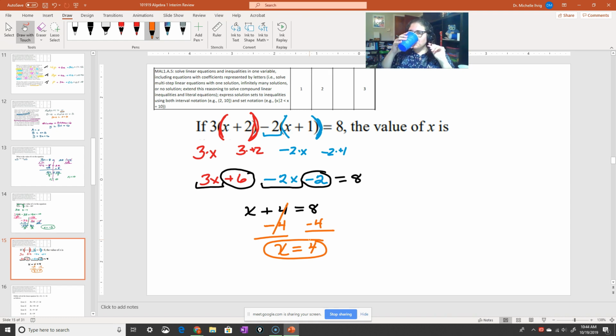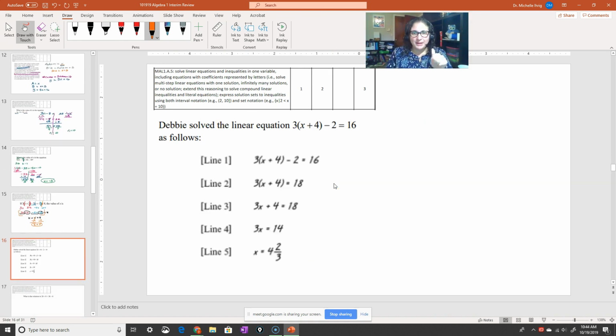Hold on one second. Pardon me. I'm using colors to show you, make sure you keep everything balanced. So if you do something to one side, you need to do it to the other side when you're solving. In this case, I didn't do the multiplication to the other side because I was, until this point right here, I was still just simplifying. I didn't need to do anything on the other side. But after you've simplified and you're trying to solve, then you need to make sure you keep it balanced.